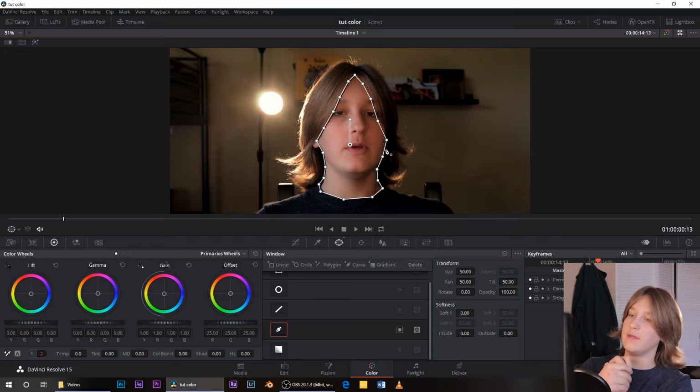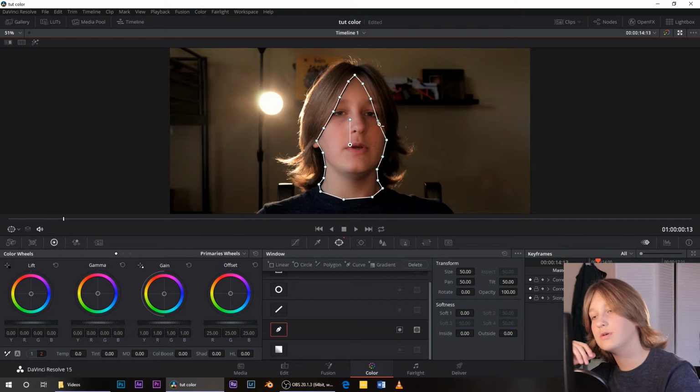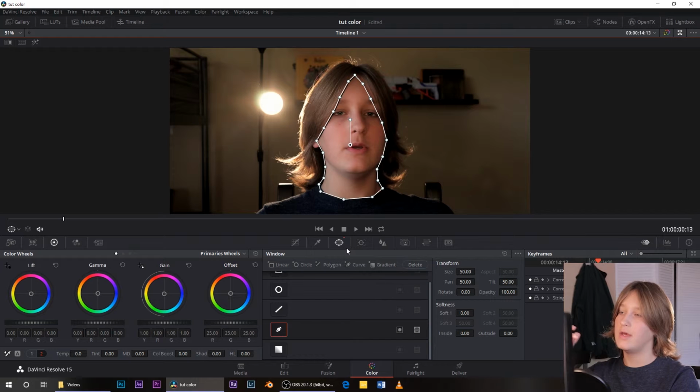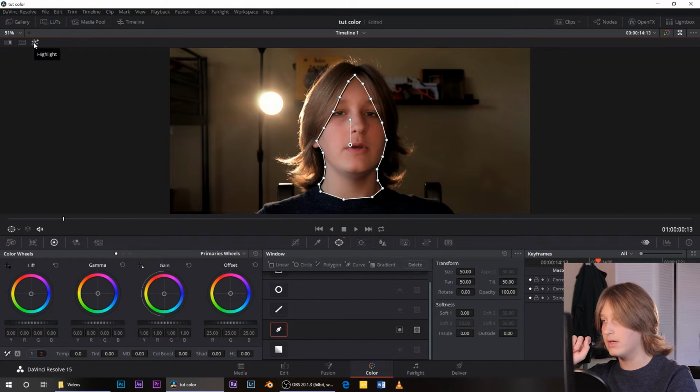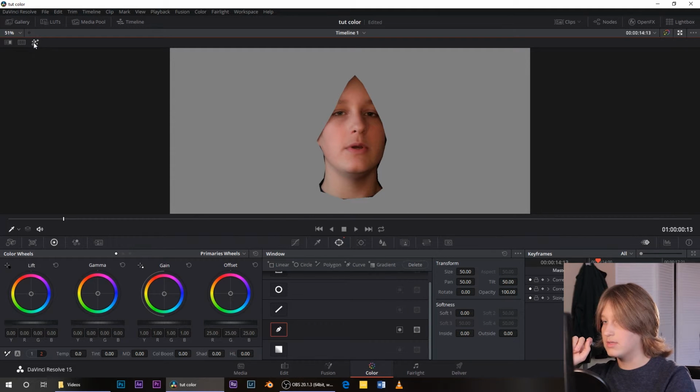And this is one of the best parts about DaVinci Resolve, is that you can track the mask, and it is incredible. It is super well. It tracks it very good. So we're going to get to that, but right before that, if you go over here and click this thing that says highlight, it will only show you the area that is masked out. So I can see now that my footage,